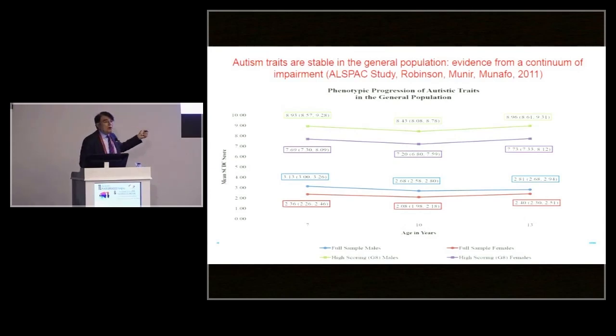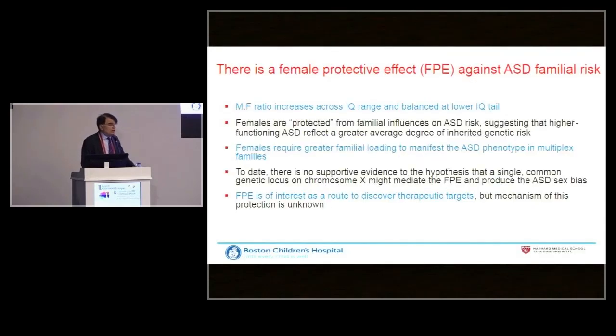And we found that the autism trait scores were very stable, and the top 95th percentile, the top two lines, were also very stable. So there was a very important stability of autistic traits across ages 7, 10 and 13 in the population. This is suggestive that there is some kind of genetic stuff going on in the population, and this might be relevant to the common variants effect.